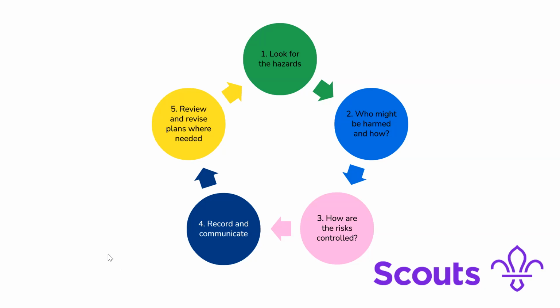And it's good practice to do this at least every 12 months. Well, every single time you do the activity again, but if you're only doing something once a year, it's good practice to get them out every 12 months or so to review them, see if anything's changed and what needs updating.